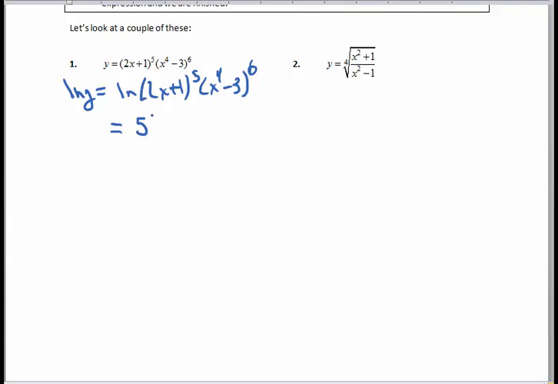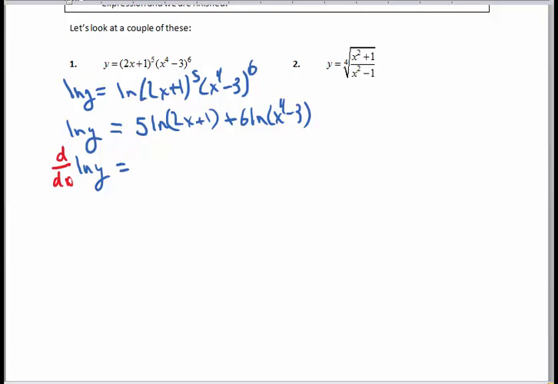So we would end up with 5 ln of 2x plus 1, plus 6 ln of x to the 4th minus 3. And this is still equal to the ln of y, right? I haven't done any derivatives yet. But now I'm going to take the derivative with respect to x of both sides of this. So when I take the derivative of the ln of y and the derivative of this whole mess,